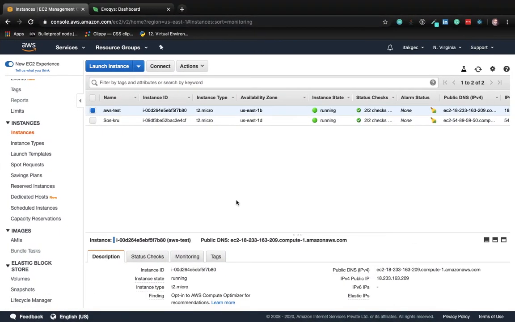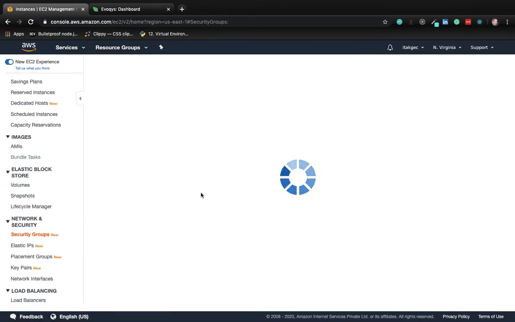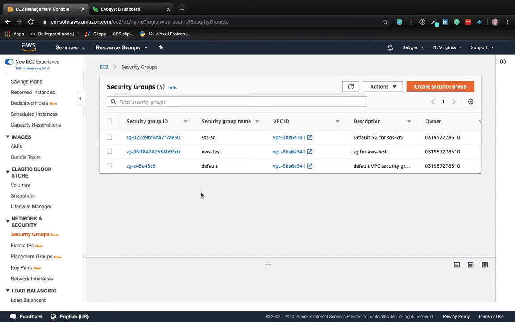So now comes the concept of security groups. We have created one security group. So what are these security groups? Why are they used? AWS security groups are nothing but security protocols. Consider it like a firewall, a set of rules that filters our incoming traffic and the outgoing traffic. So basically these are just the rules which are used to protect your EC2 instance so that useless traffic cannot enter the EC2 instance and breach our security.